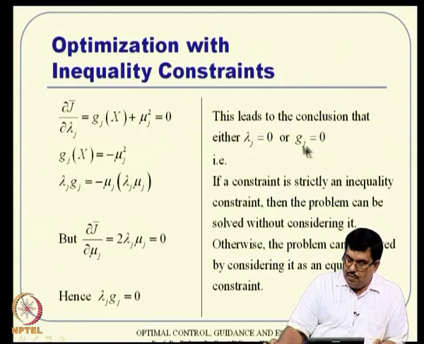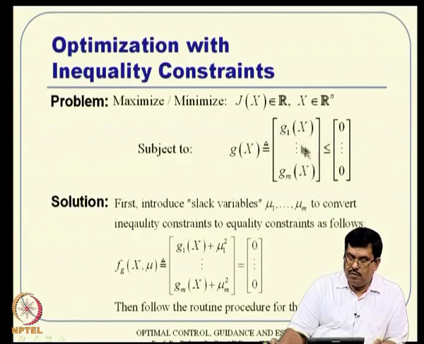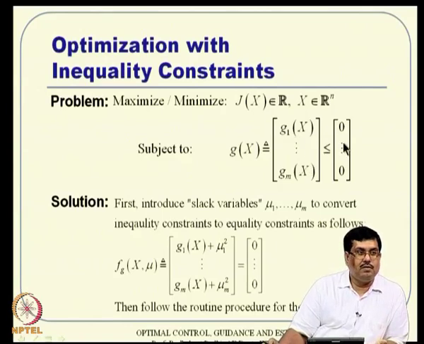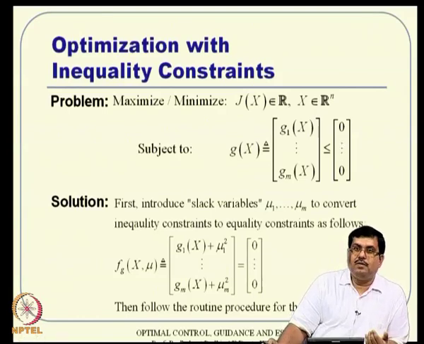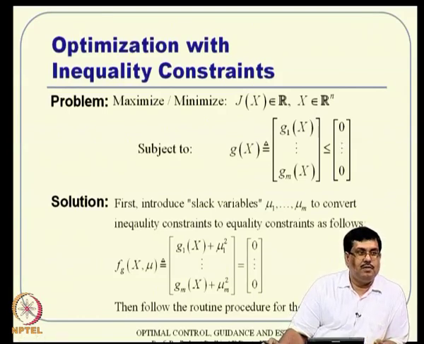So, otherwise if g j is equal to 0, that means it is an active constraint. Now, if you go back to here, if g j becomes equal to 0, then it becomes an active constraint. So either the constraint g j is as good as not there, or it acts as an active constraint. That is the conclusion here, which makes a lot of sense.